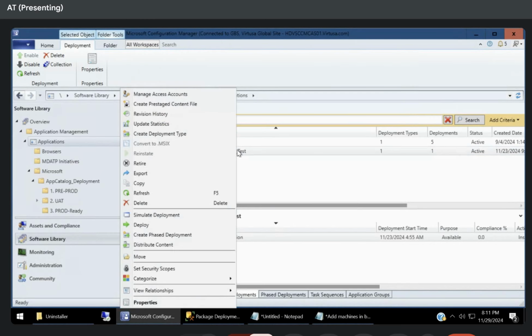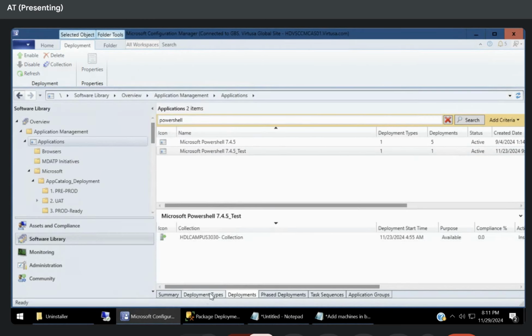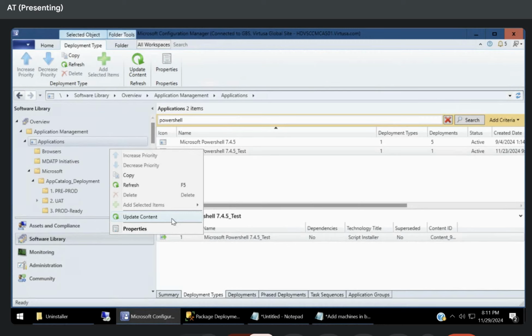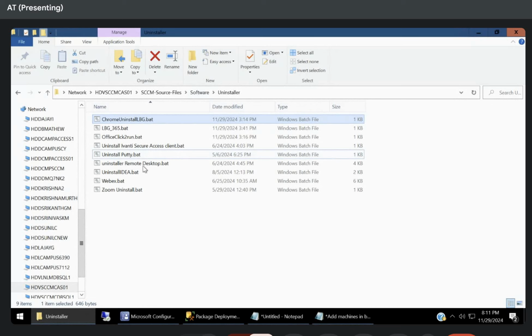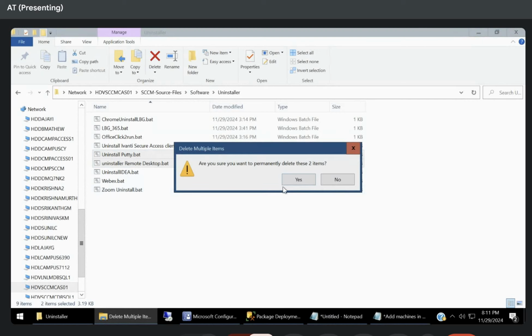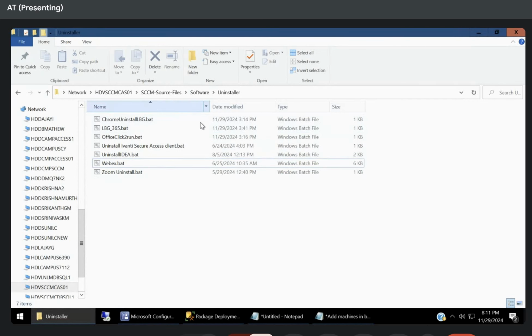We also, after making changes, come to deployment types and click update content. If by any chance you want to make some changes to your application and you want SCCM to know that the update is there. See, some files are there. This many files are there in your application. Now you don't want two of the files here, so you have to delete them. So now your new package should contain only these files. Okay. So in that case,